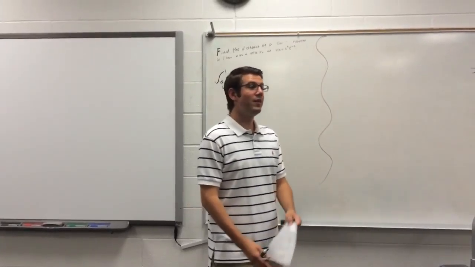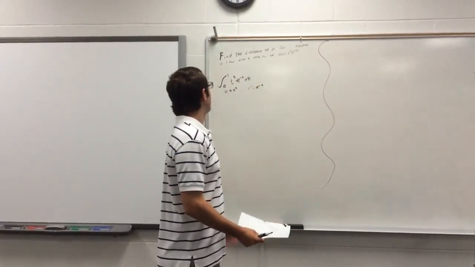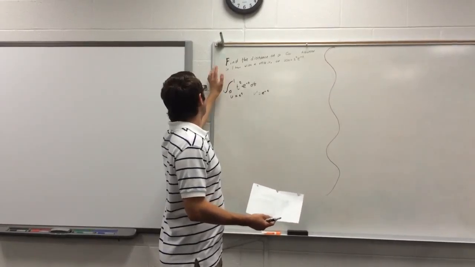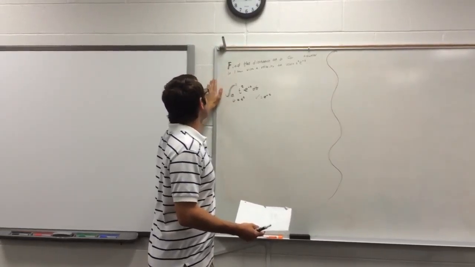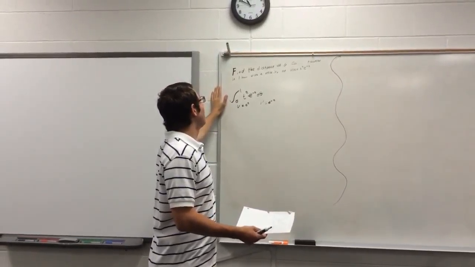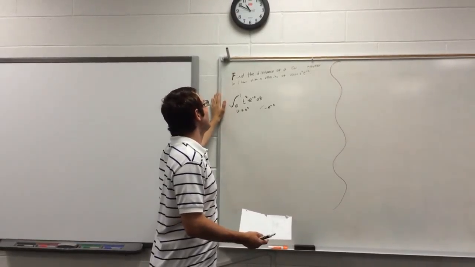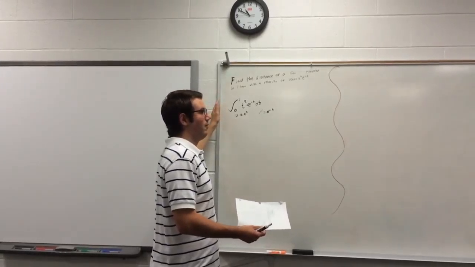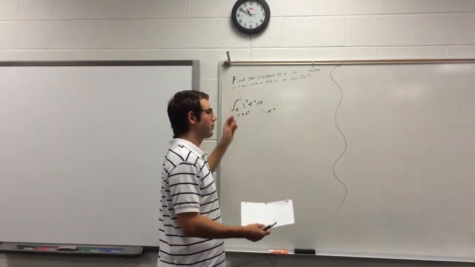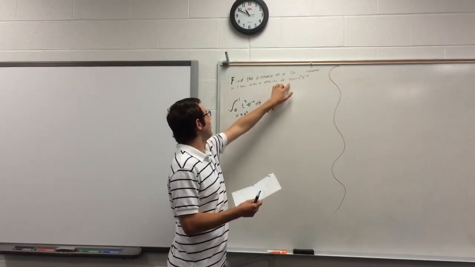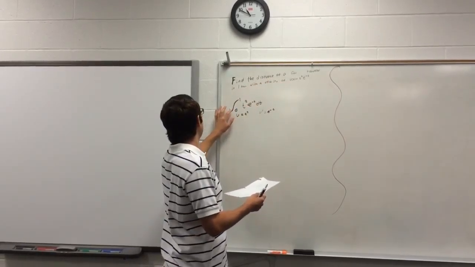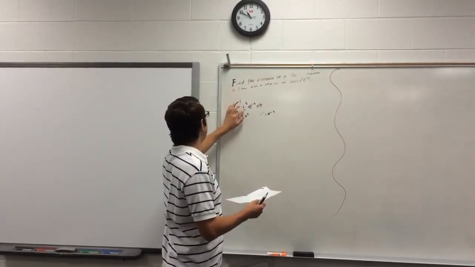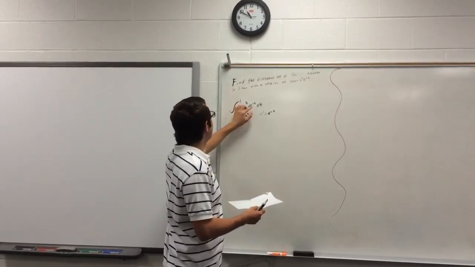Okay, hey guys, this is my application problem for integration by parts. So the problem is: find the distance a car traveled in 1 hour with a velocity of v(t) equals t squared e to the negative t. So obviously to find this position, we're going to need to integrate the velocity function, which I have up here. So we have the integral from 0 to 1 of t squared e to the negative t